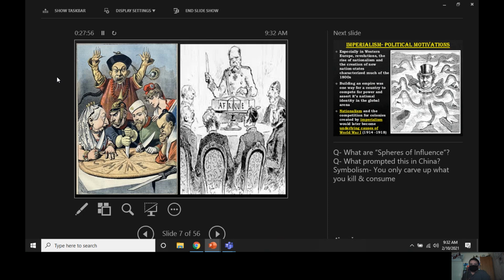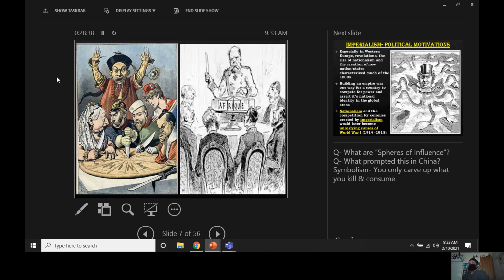Look over here to the left. Look at the picture closely. Anybody tell me what you think that represents? Something we studied pretty recently. Any ideas? What's being carved up there? That word, and I don't know what country this comes from, so it's definitely spelled slightly different than what we would spell it as, but what do you think that word's supposed to say?